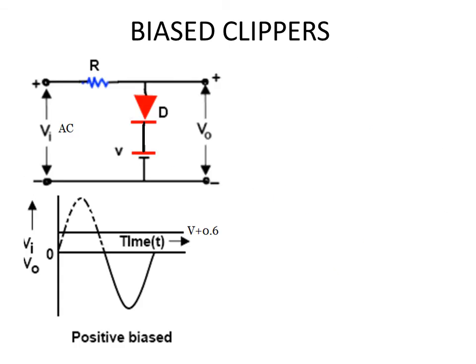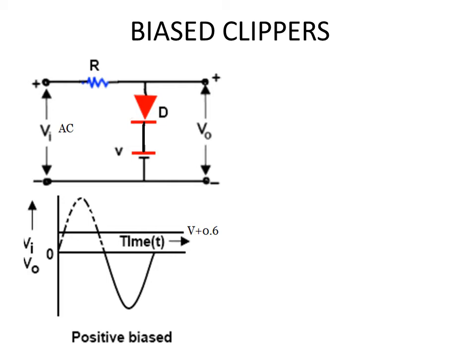Now that gives you an idea about how you'll have to modify your circuit in order to do the clipping at a specific value. So in the case of positive clippers, if you redesign the circuit so that it will clip at a level as per our requirement, then these types of clippers are referred to as biased clippers. So this is an example for a positive biased clipper. Suppose our input voltage is from positive 1 V to 0 to negative 1 V. That means our peak to peak value was 2V.